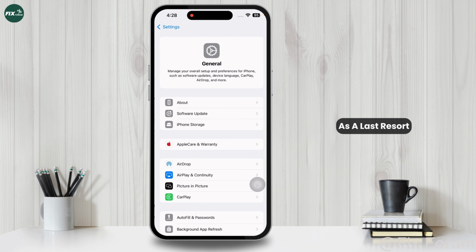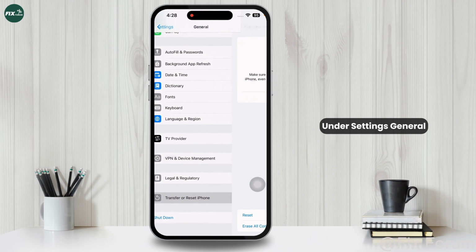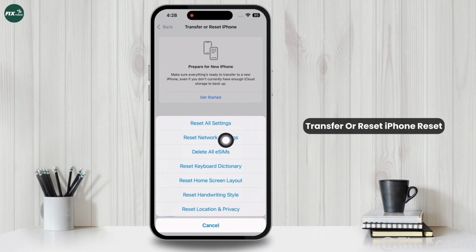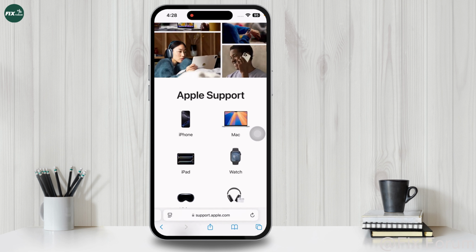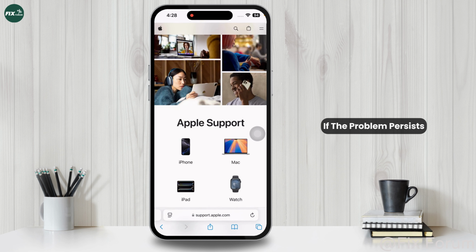As a last resort, resetting network settings under Settings, General, Transfer or Reset iPhone, Reset Network Settings may help, though you'll need to reconnect to Wi-Fi networks afterward. If the problem persists, perform a force restart based on your iPhone model. And if none of these steps work, contact Apple support or visit an Apple store for